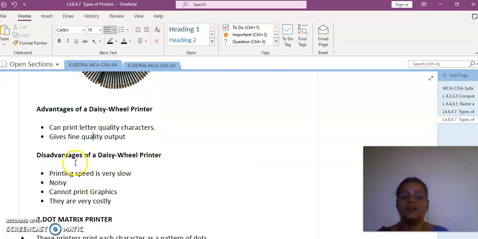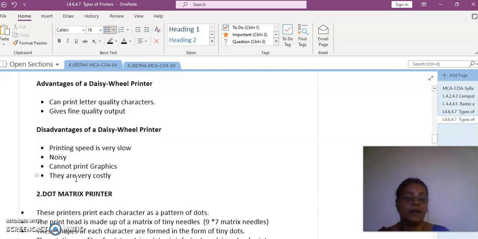And coming to the disadvantages of the daisy wheel printer, obviously the speed is going to be very slow, as it has to rotate the wheel every time, position the head to the desired location, and then project the hammer so that it will make an impact on the paper, and then only it will be able to transfer the printout. So obviously the speed is going to be very low. And since it involves the movement of motors and the head assembly, it may be creating noise. So it is always going to be a big drawback.